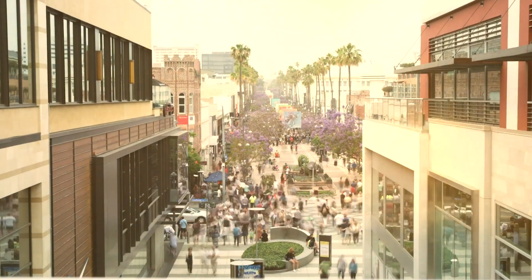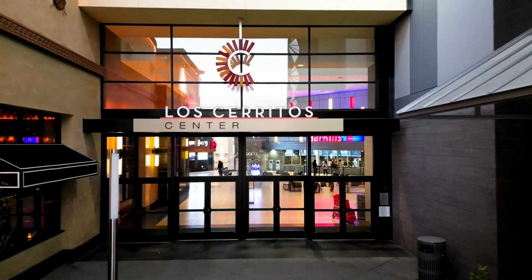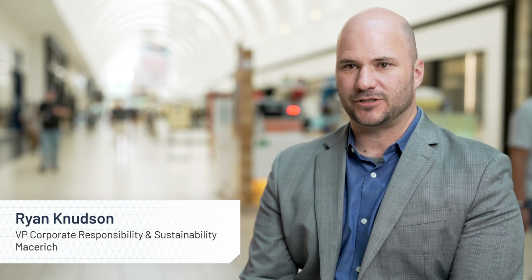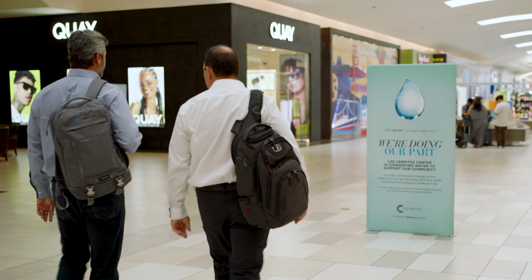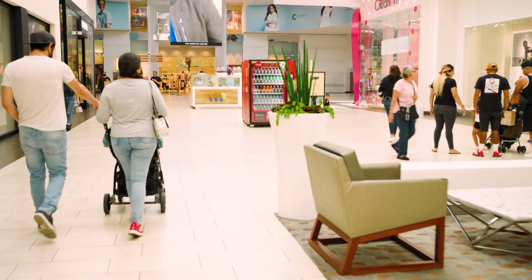Macerich is a leading owner, operator, and developer of retail shopping centers throughout the US. Macerich is always looking for novel ways to reduce our energy usage without impacting our business operations. And we set a goal to be carbon neutral by 2030. By partnering with Motus and Turntide, we're able to accelerate our energy reduction program without making any changes to our